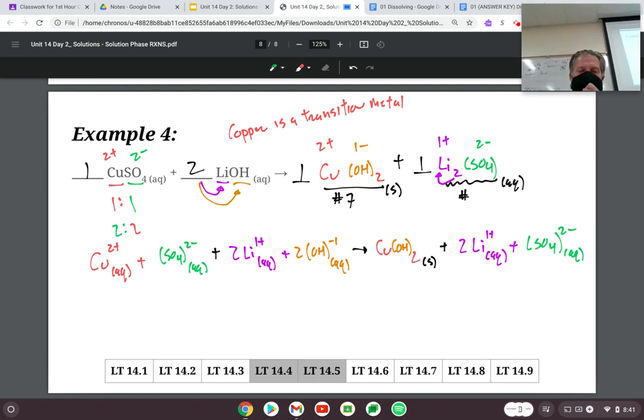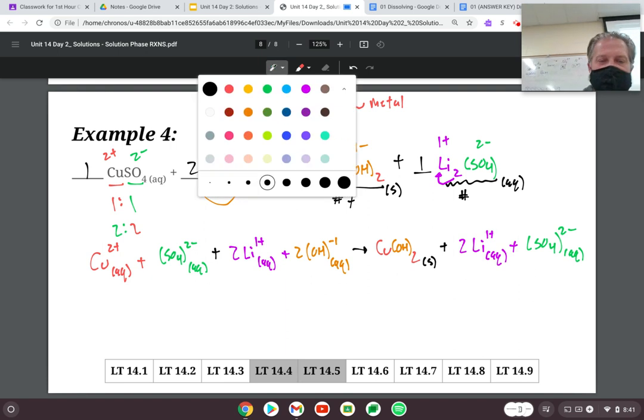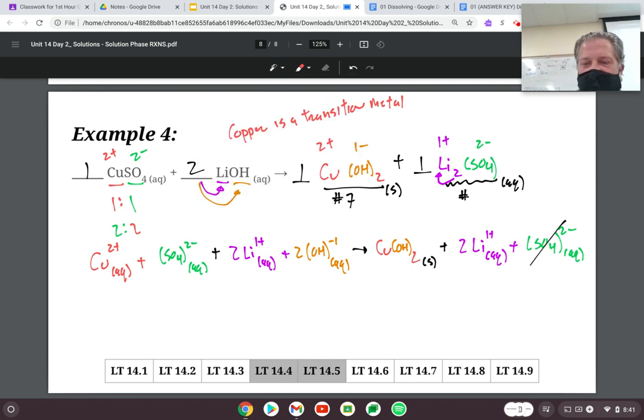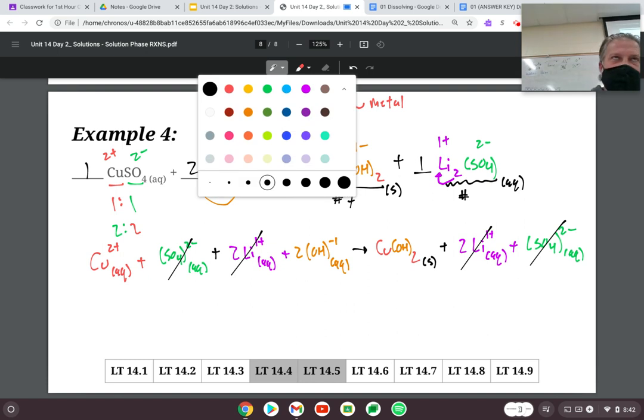So again, the ions that drive the chemical reaction are the ones that form the solid. So the ones that don't form the solid in this case are my spectator ions, and I'm going to just cancel those out. They're the ones that are aqueous on both sides. So aqueous, aqueous, aqueous, aqueous. So my spectator ions I've identified, so now I just need to rewrite the reaction so I have my net